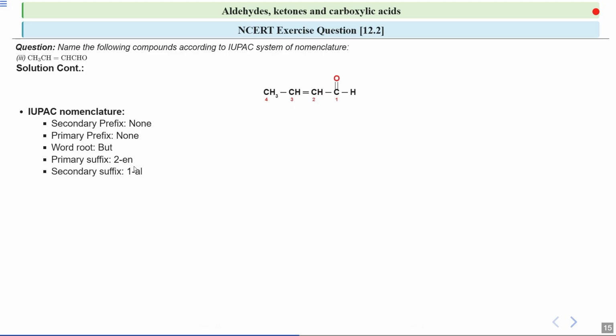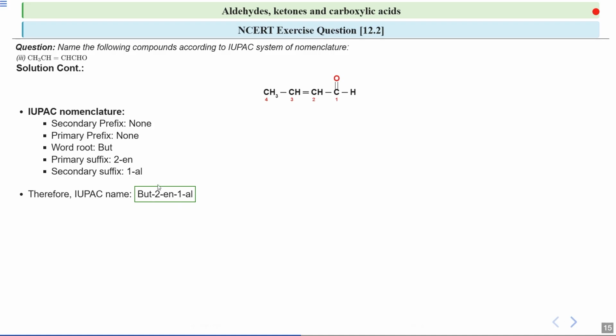Next, we have the secondary suffix, which indicates the main functional group. Since we have an aldehyde group at the first carbon, we will write the secondary suffix as 1-al. Now, when you put it all together, you will get but-2-en-1-al. So the E of butene is replaced by Al, and this 1 represents the position of the